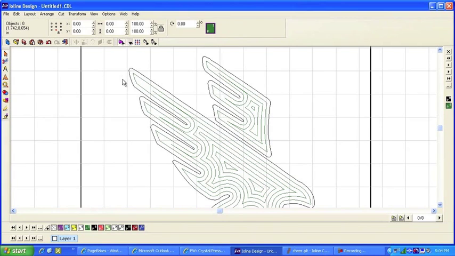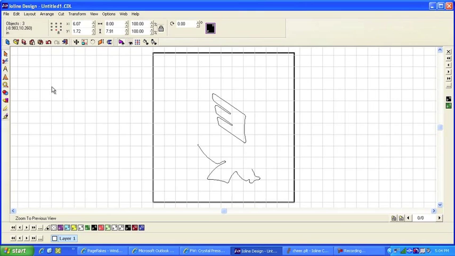Now there's one more thing I want to do, which is select this vector, and I'm going to change that vector to the color that we're going to be using on the outer line here as well. So what I'll do is simply go over here and I'll double click on that black. Now notice both of those lines are rendered in black now. Okay, we'll zoom back out by going to this arrowed zoom tool,